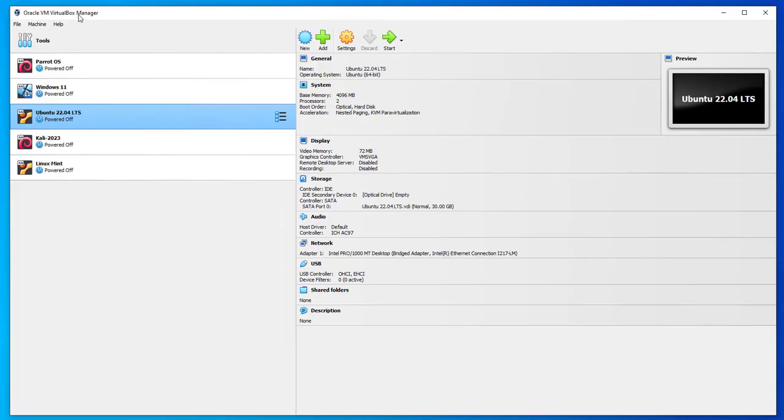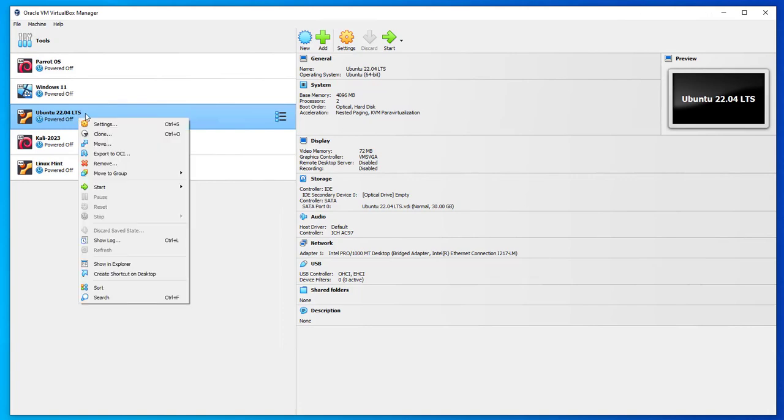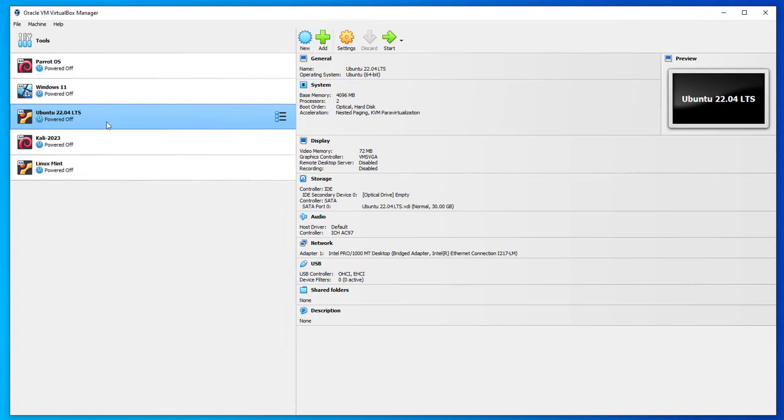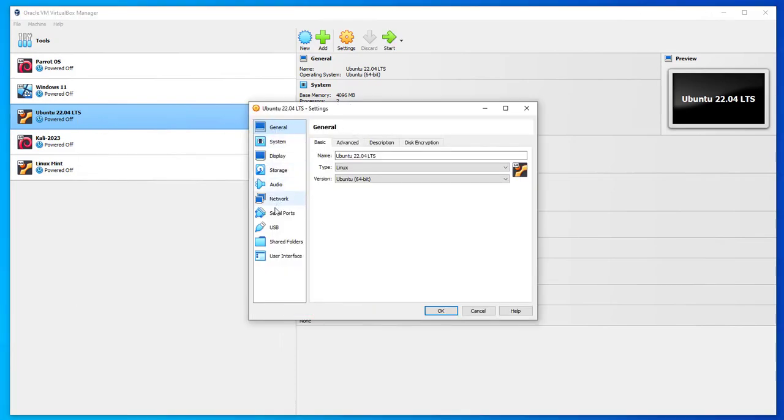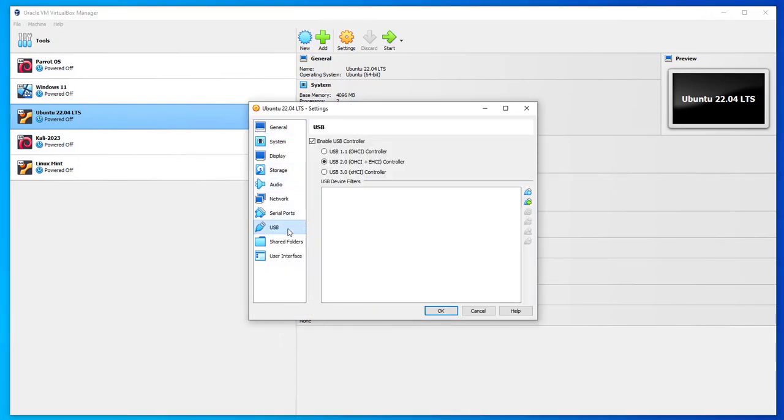I have the VirtualBox manager open, and the setting I was referring to, we get to it by right-clicking on the virtual machine, in this case Ubuntu. I'm going to settings, and then it's going to be under USB. And this is what you need to ensure is enabled: enable USB controller. So you need to have a check mark in here. It should be checked by default, but you might just want to verify that,